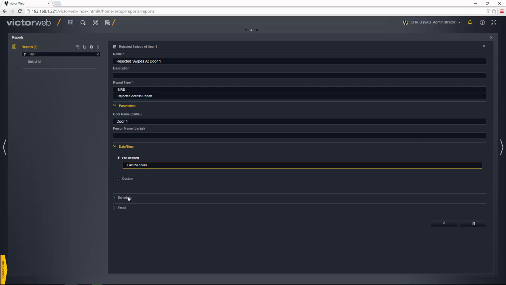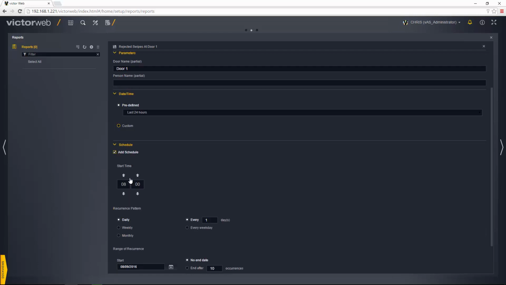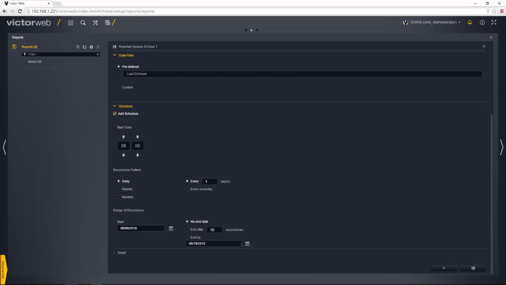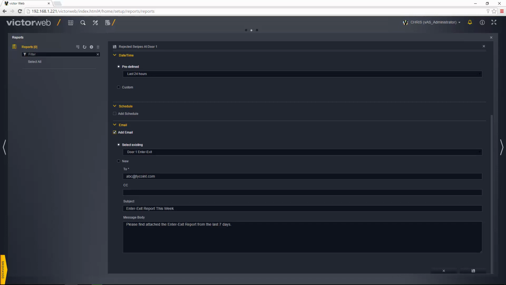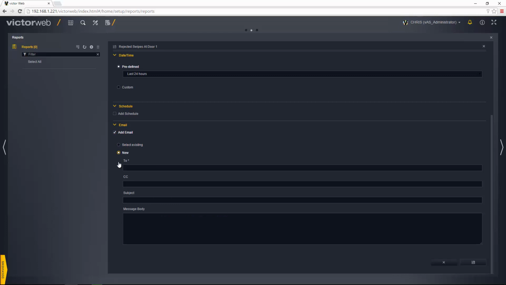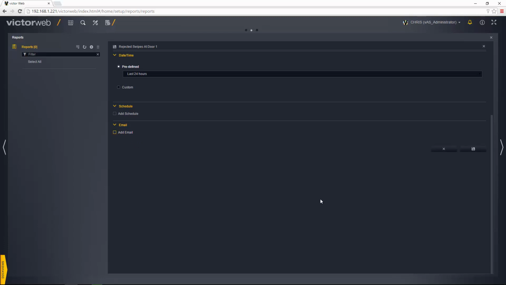Okay, so let's move down to the schedule section, and you'll see we have this option here to add a schedule to this report. If I check that box, you'll see we get a number of fields there which we can configure so that this report runs automatically on a schedule. Just going to uncheck that there. I'm just going to make this not a scheduled report. And then finally, if I wanted to email the results to anyone, I could choose this add email checkbox as well. I could choose from one of my predefined email templates there, or I could create a new email specific to this report. Again, I'm just going to uncheck that box